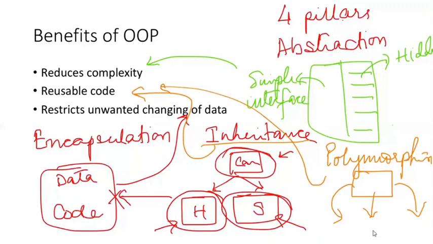So polymorphism helps in reducing the complexity as well as creating reusable code. So these are the different benefits of object-oriented programming. And we will see in our later classes, when we implement these four pillars, that is abstraction, encapsulation, inheritance, and polymorphism, how it fares in comparison to procedural languages like